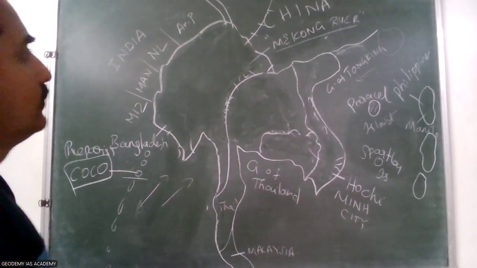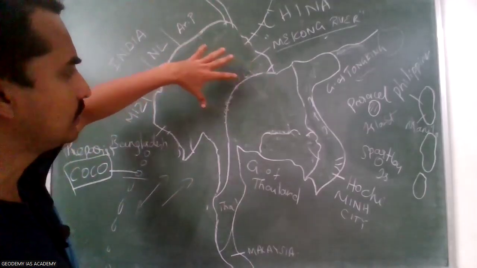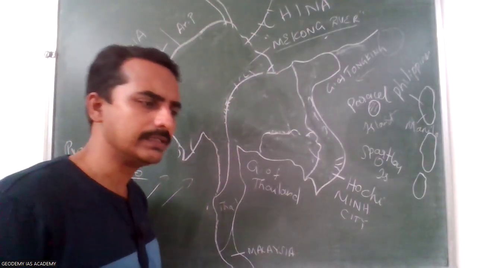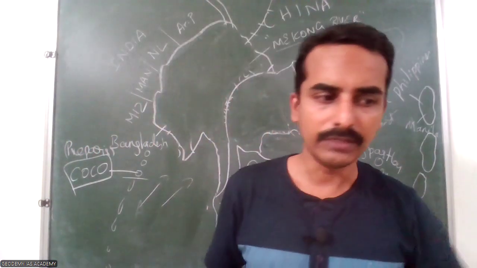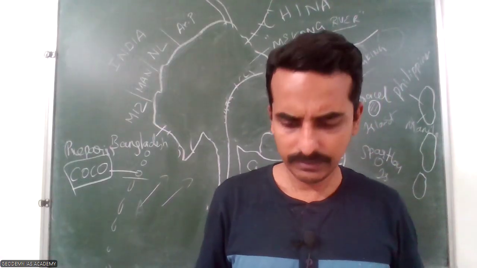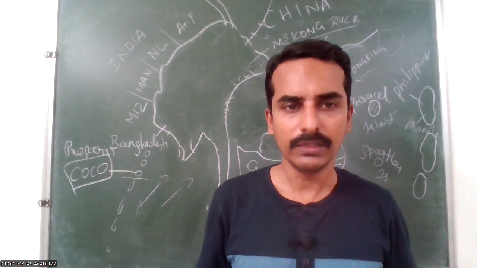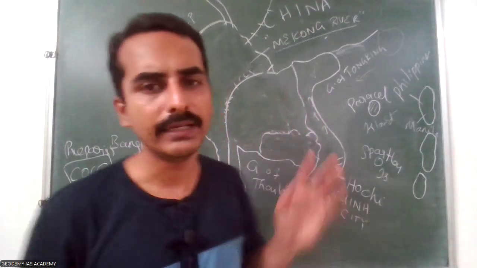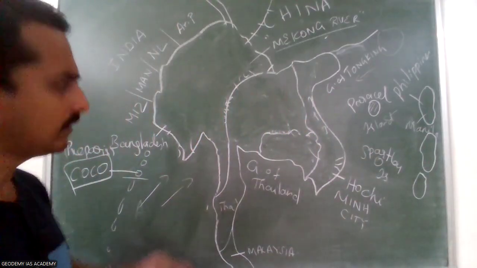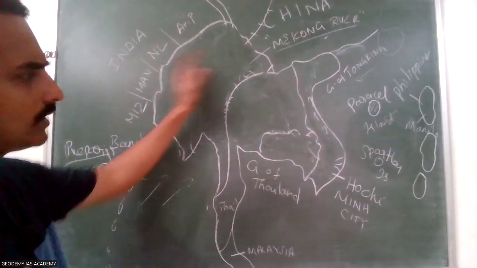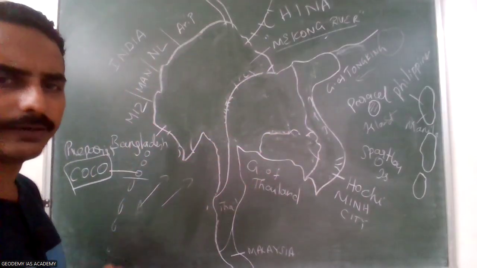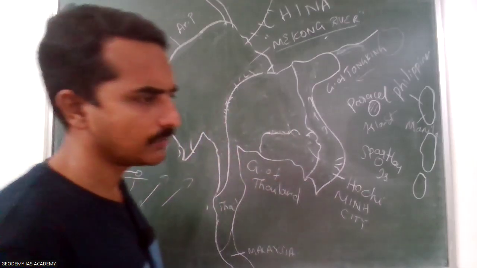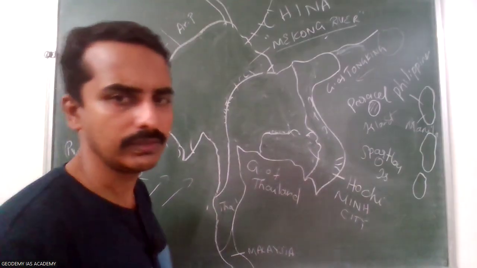So the region, Myanmar, almost all the regions are physically a mountain and plateau region, rich in forest resources, and it has many major rivers. So definitely the region will be rich in many valuable resources, particularly natural gas, oil, coal. But most of the resources are underutilized in this region. And as a part of the ASEAN region, almost all these countries have a good relationship with India. So India has the potential to utilize most of the resources, and to exchange so many things with the Indo-China region.